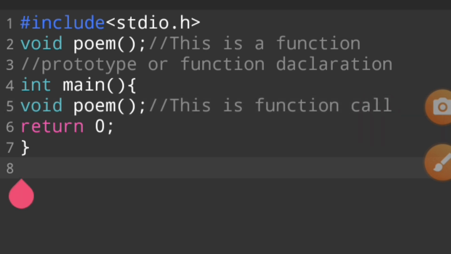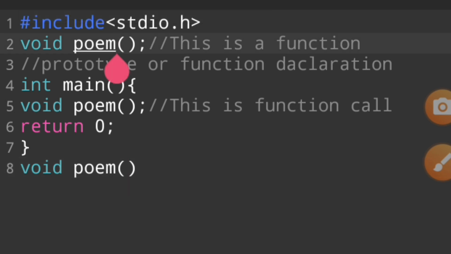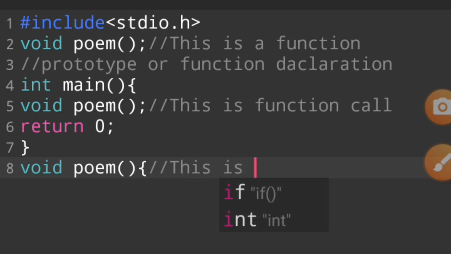We will define in detail what is a function declaration, what is a function prototype, and what is a function call. And then we say void pom. We make a function and the name of this function is pom.